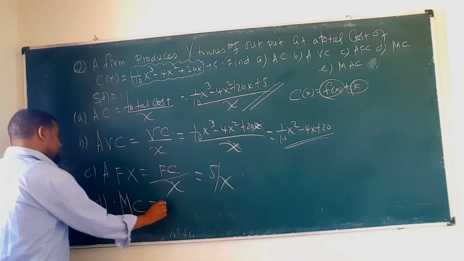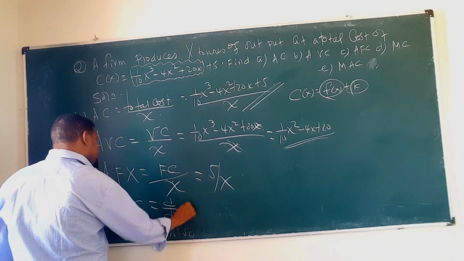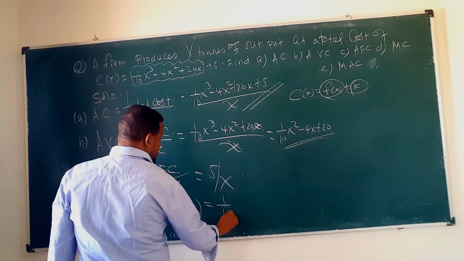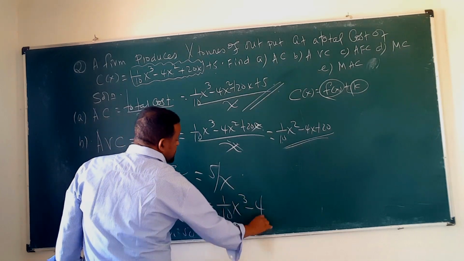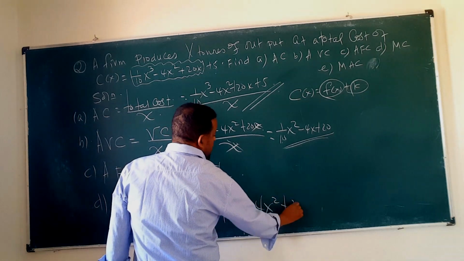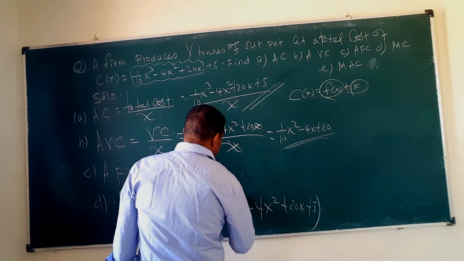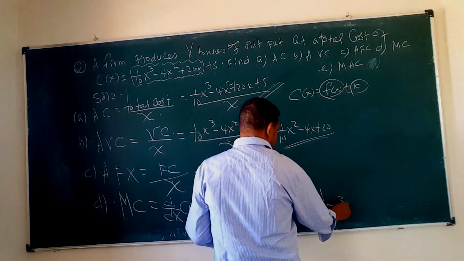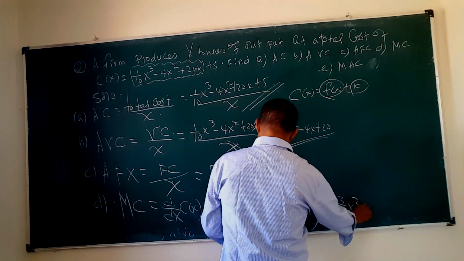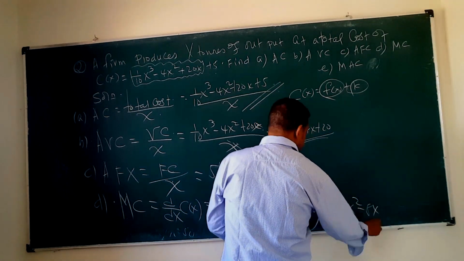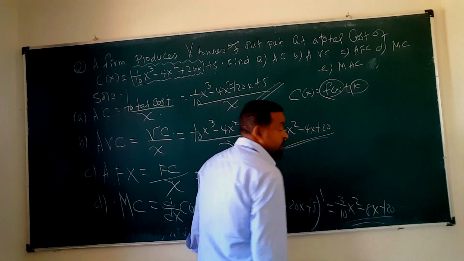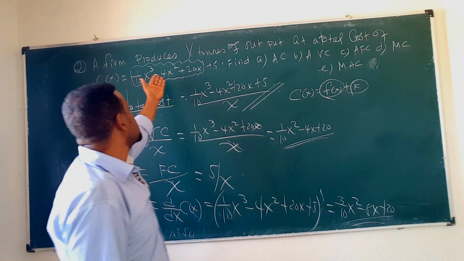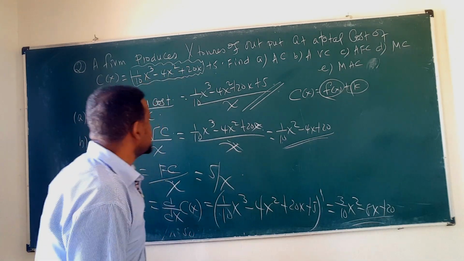Question number D is the marginal cost. So the marginal cost is nothing but the d by dx of the total cost. So which is the derivative of that one. 1 over 10x cubed minus 4x squared plus 20x plus 5. ይሄን ምን ታደርጋላችሁ? Derivate ታደርጉና the derivative of this is of course 3 over 10x squared. Derivative of this one is 8x and derivative of this one is what? 3. ልባርጉ እንደዚህ ጥቃቅን ነገሮች ጥንቃቄ አድርጉና ስሩ። ልሳሳት ለምሳሌ ይሄን ደሪቬት ሳደርግ 2 የነበረው 3 አድርጌ ላደርግ እችላለሁ።